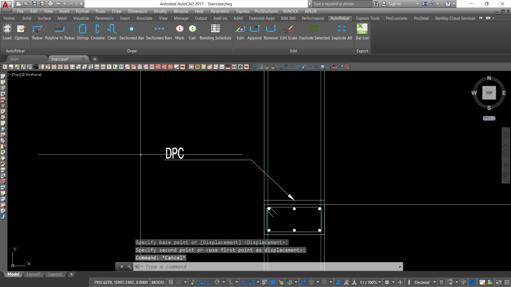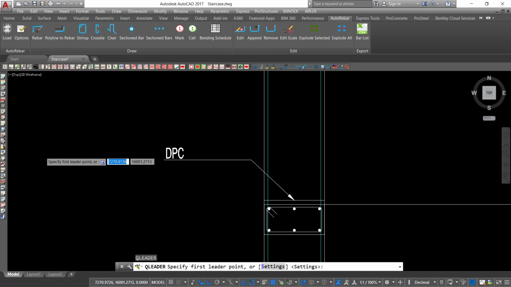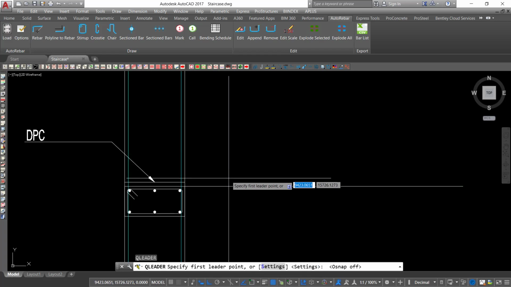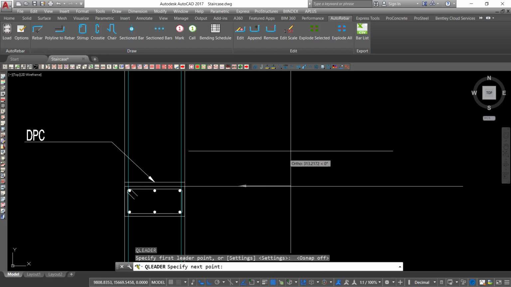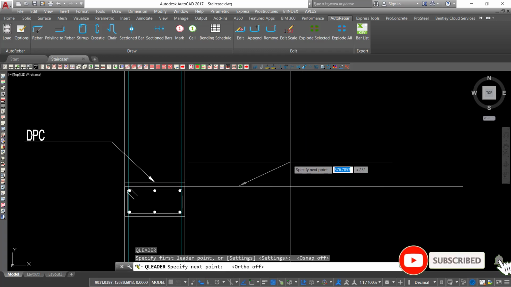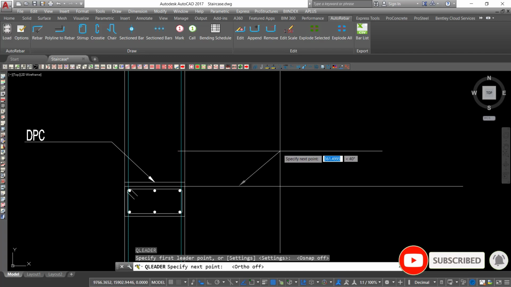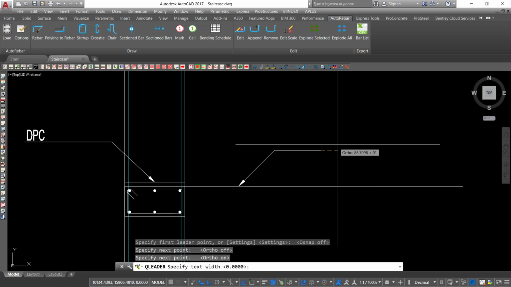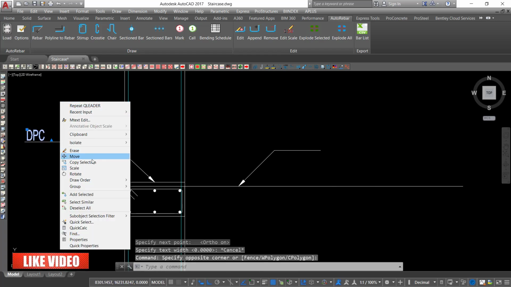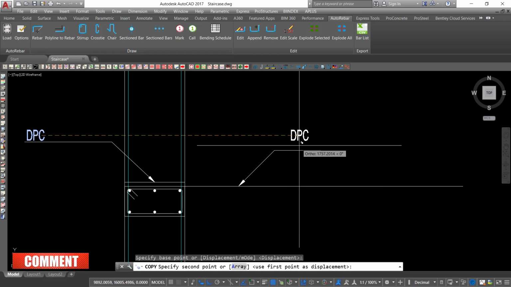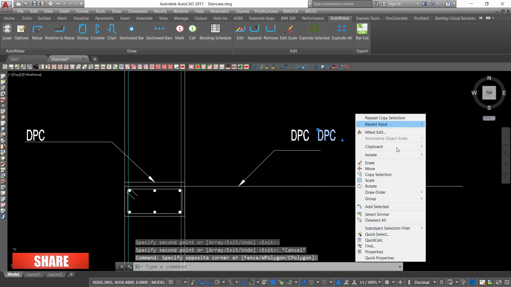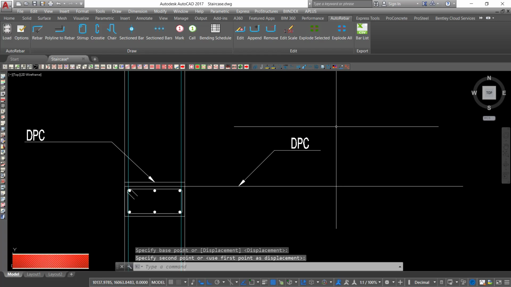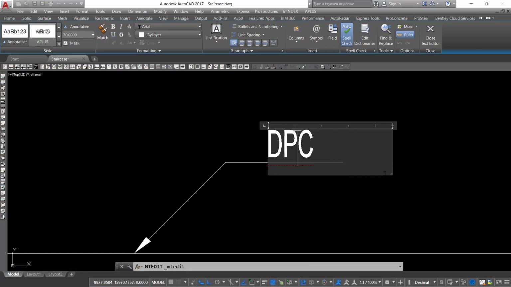put that there, and type LE. Once you type LE, means a leader, and we want to point this as a structural floor level. I'll select on that, make sure it's straight, and terminate it there. So pick this text, come to selection and drag that text here, bring it somewhere there, and now double click on this text,